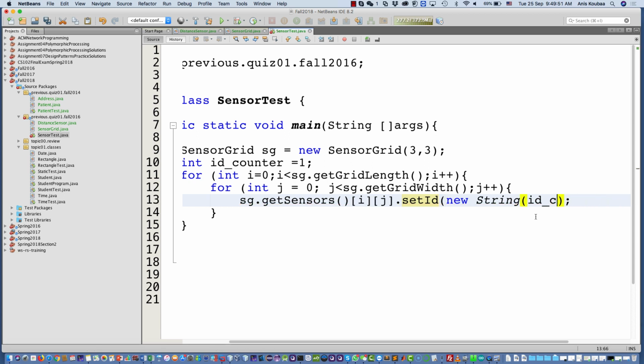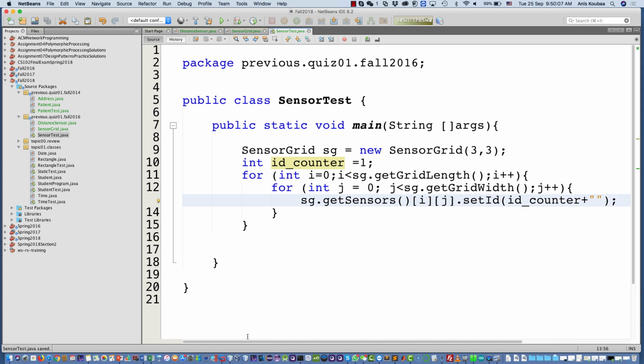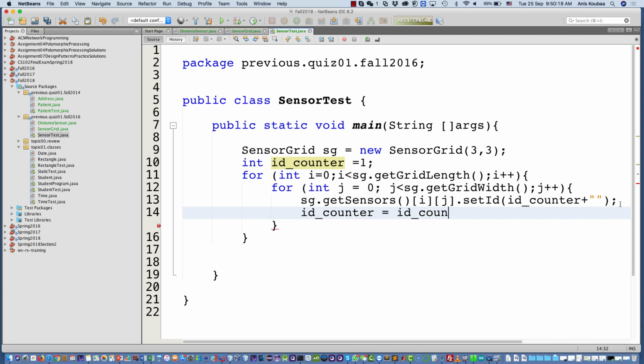No. We need to convert this to, yeah, plus quotation, yes, we can do that. The simplest way. Plus quotation, yes. Plus. So this is the ID. Okay, and then we have to increase by 1. ID counter equal ID counter plus 1. Then